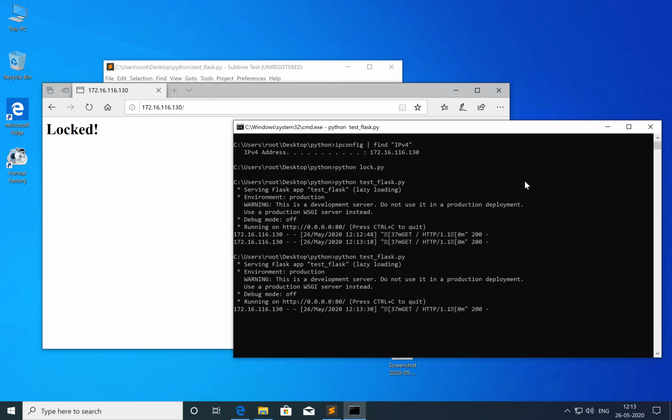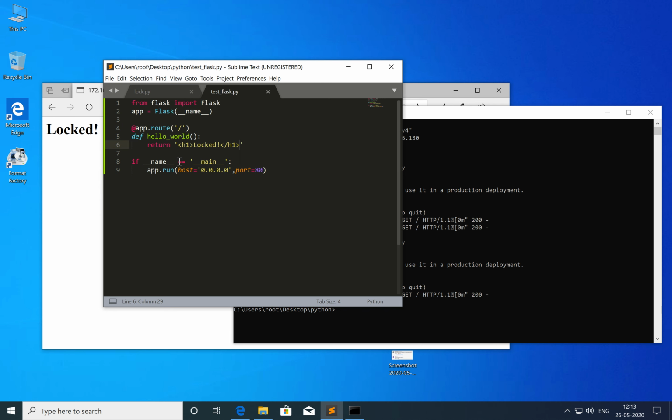So what I'll be doing, I'll quickly stop this application, and I'll be moving to this test_flask. I'll be importing ctypes, right? And in this particular line I'll be pasting this.